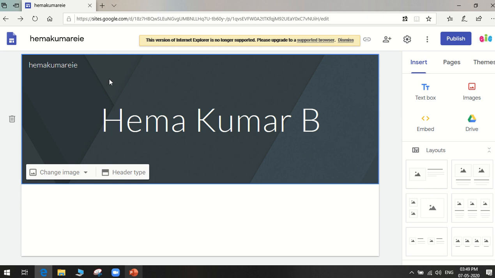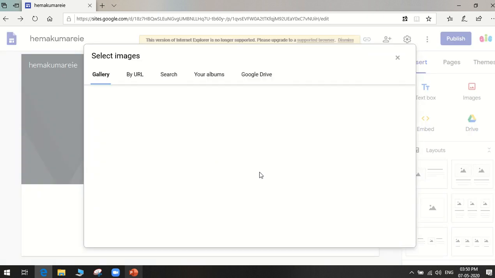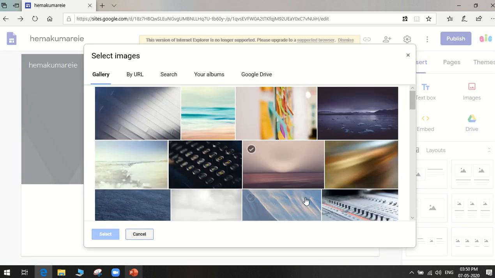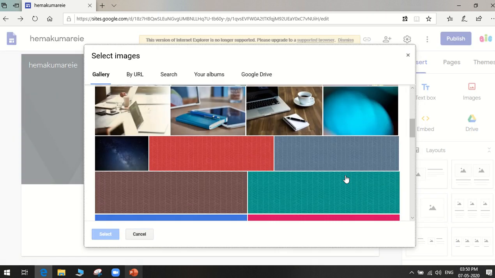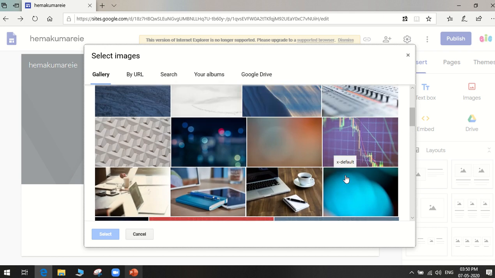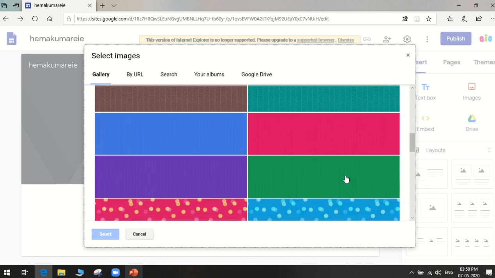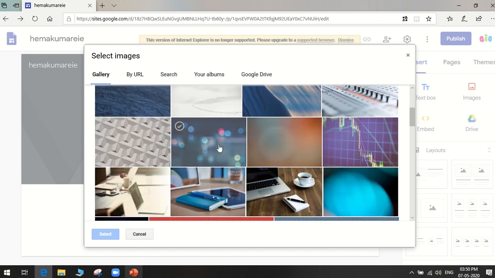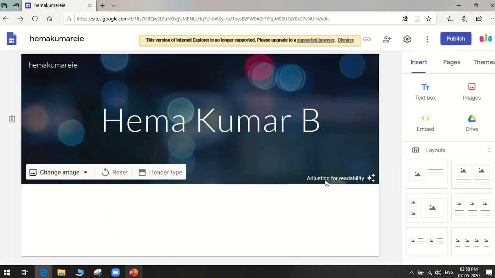This basically is your header. You can even change the background, or you can select an image that is available. There are some images that are built in, so I can choose any one from this also. I'll just choose this one.